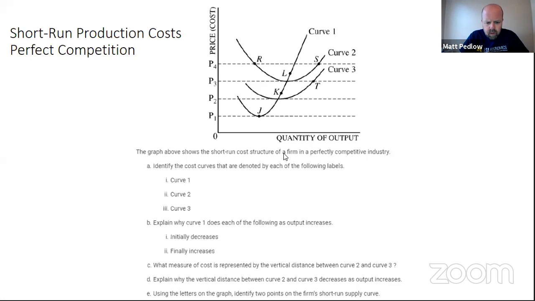See? What measure of cost is represented by the vertical distance between curve 2 and 3? That would be average fixed cost. That's why they're getting close together. So on D, they're going to ask, why is that? And the easiest way to say it is because your fixed costs, not average, your fixed costs are being spread